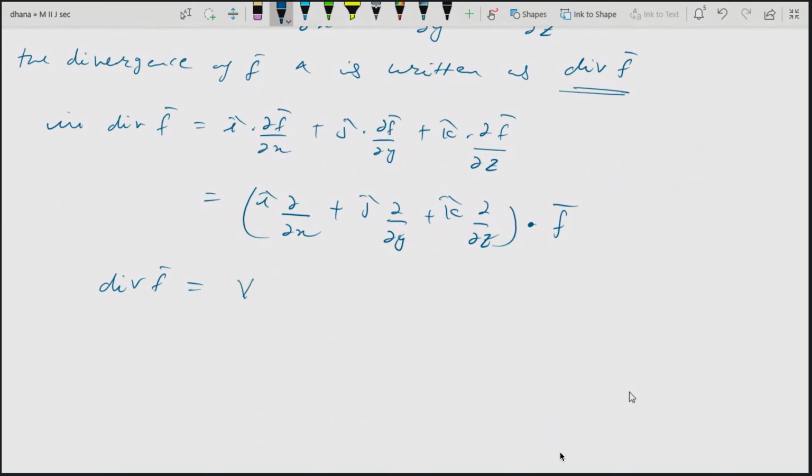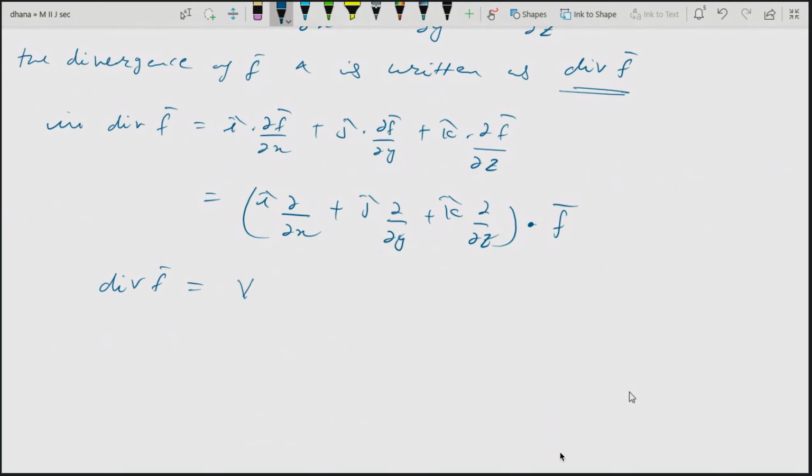Vector differential operator, i dou by dou x plus j dou by dou y plus k dou by dou z. That is an operator, and here again a dot product. So in this operator you have the unit vectors i, j, k, and you are writing f bar there. So two vectors you can multiply directly. There is a dot product between them. So this is del dot f bar is defined as,